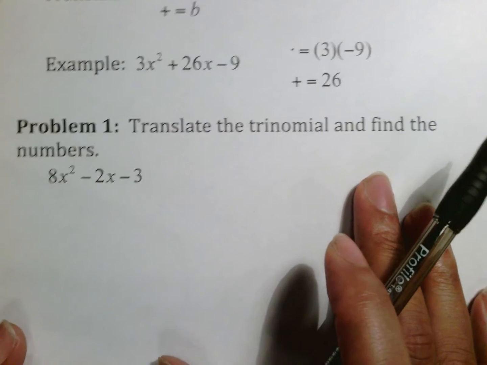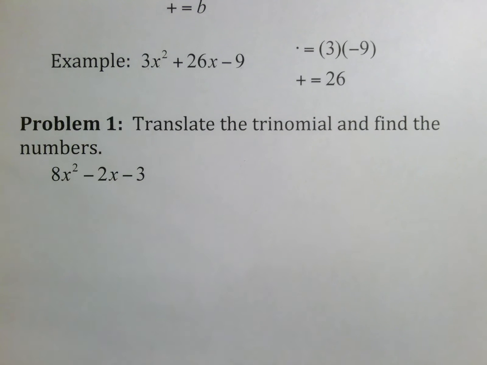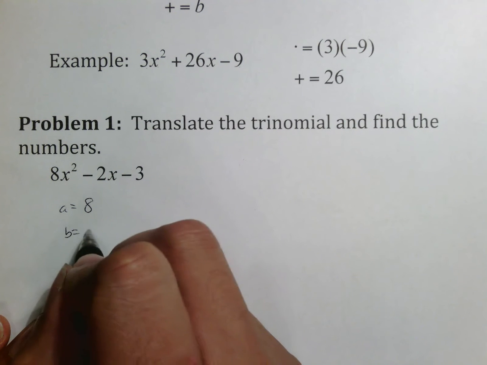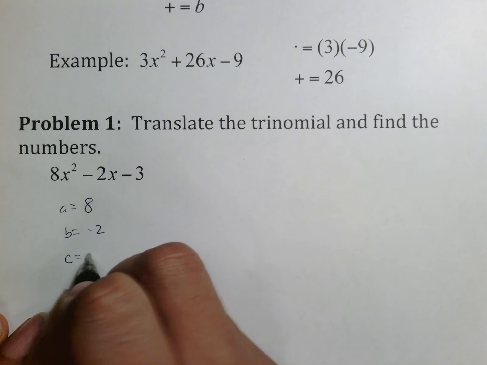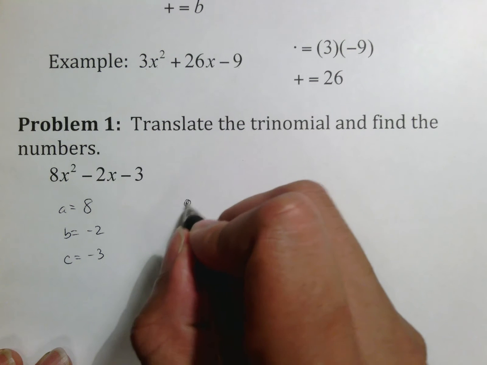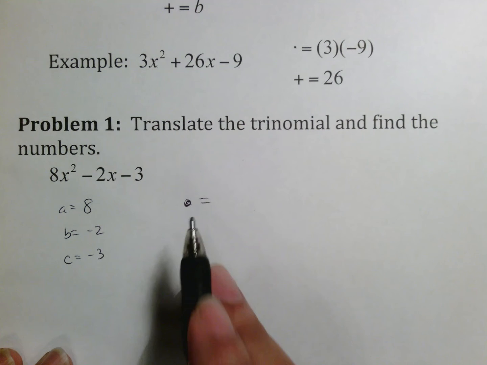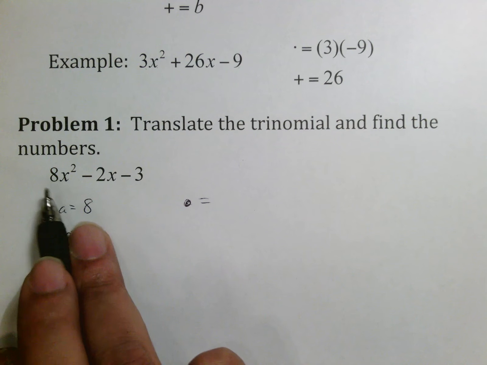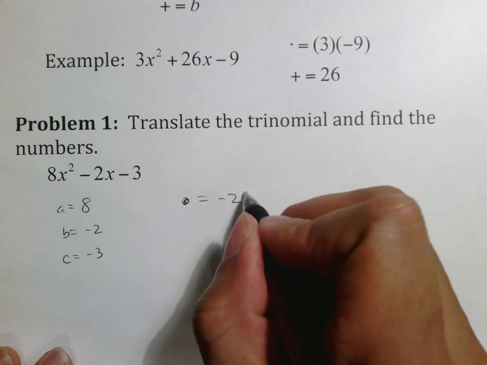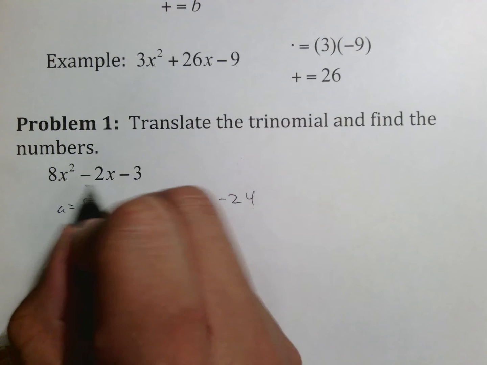Problem 1 says we need to translate the trinomial. This is one thing you're going to be doing later on, so make sure you have it. Again, if you need to, you can identify a, b, and c this way, but I think you are probably good enough at this point to identify them by eye. Your translation is going to be "multiplies to make." And again, you take this number times that number. This is 8 times negative 3, so it multiplies to make negative 24,